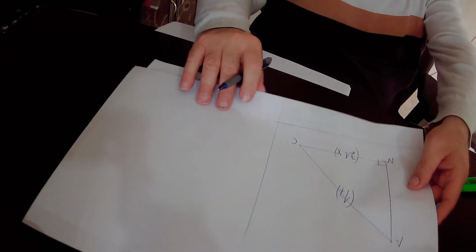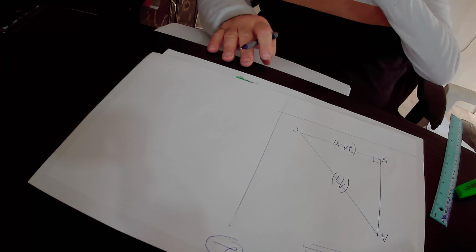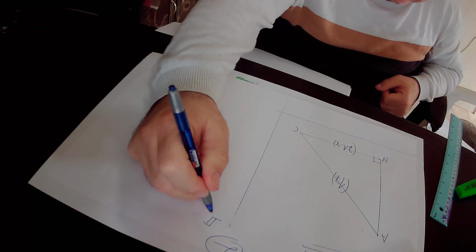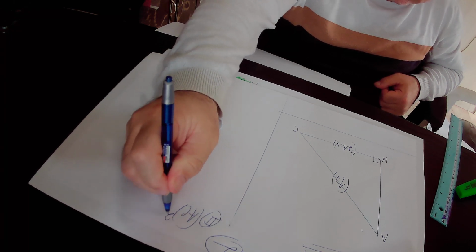So actually, this is the right triangle ANC that I called from the original drawing. According to the Pythagoras theorem, in the right triangle ANC, AC squared, the square of the hypotenuse, must